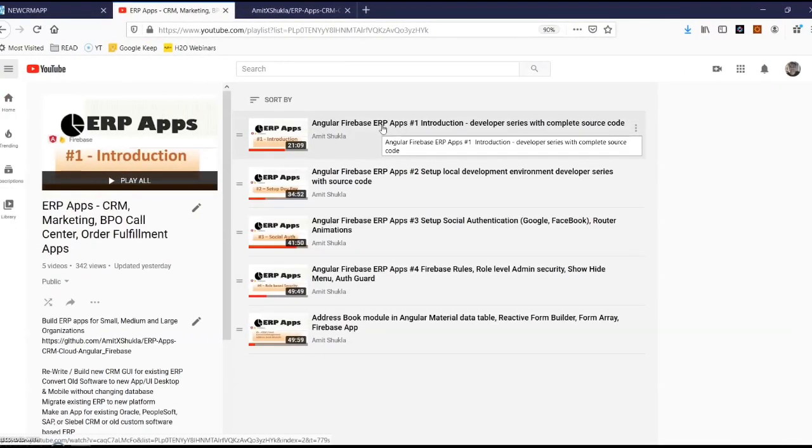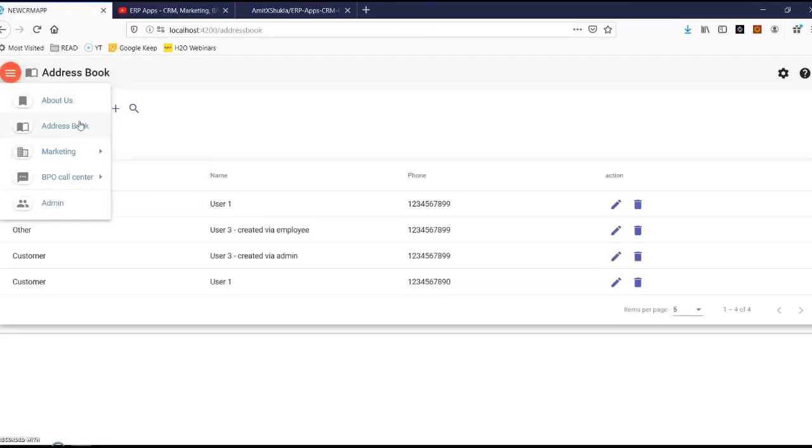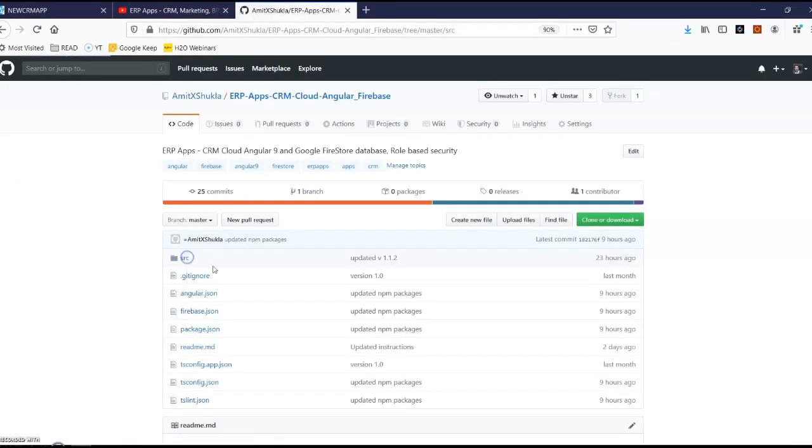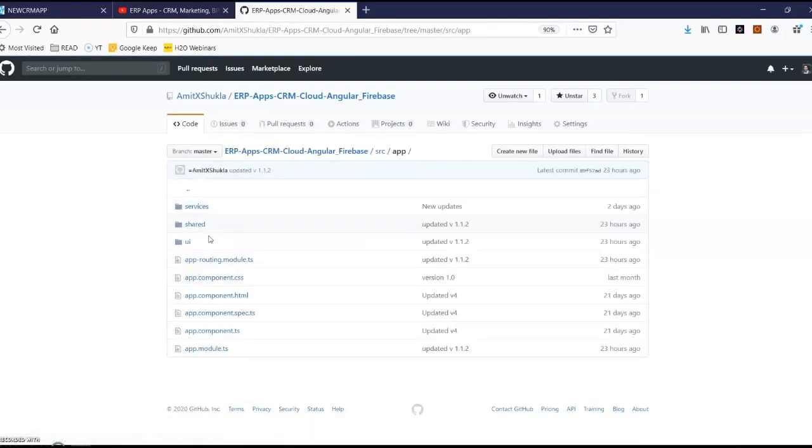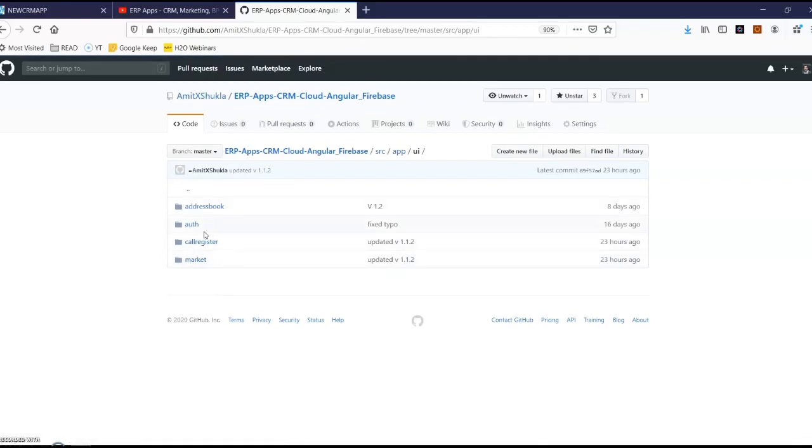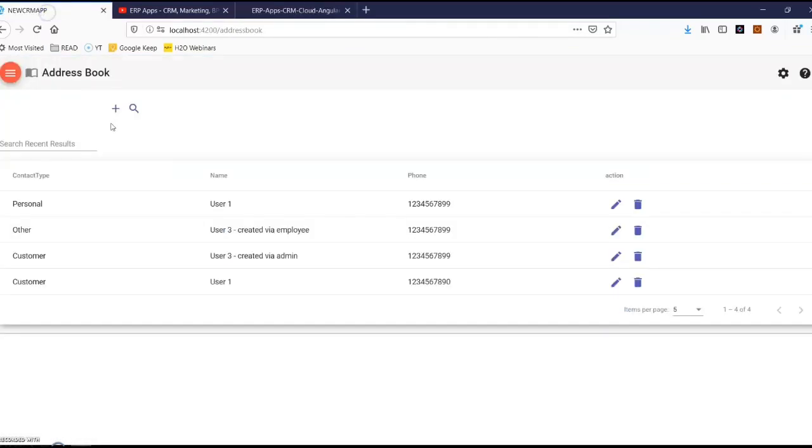Please note that this is an MIT style community project, so you can download it for free without any extra cost. Now, just to recap, in the very beginning, I've shown you how to set up this environment locally on your machine, and I walked you through how to implement social authentication and how to implement role-based security in your application. I also gave you a very brief high-level overview of the address book, and we did a detailed code walkthrough so that you can design, implement, and change the source code as per your business requirements. Again, you can find all of that source code for free, and any changes in the near future as new versions are released, I'm going to update in my GitHub repository.